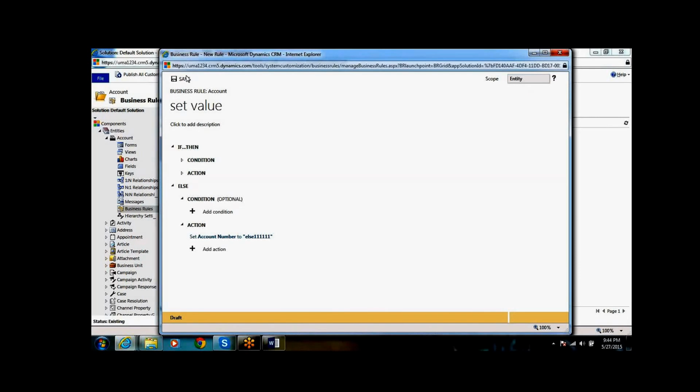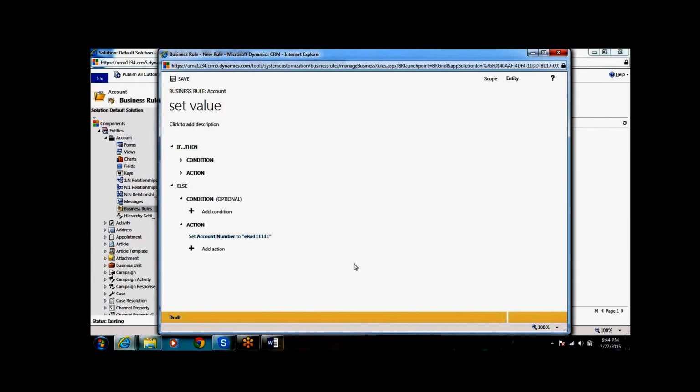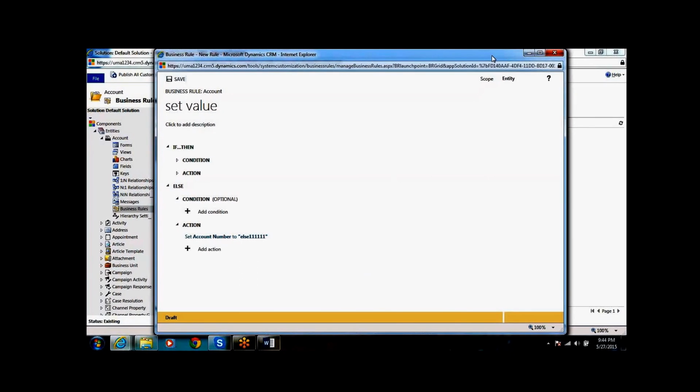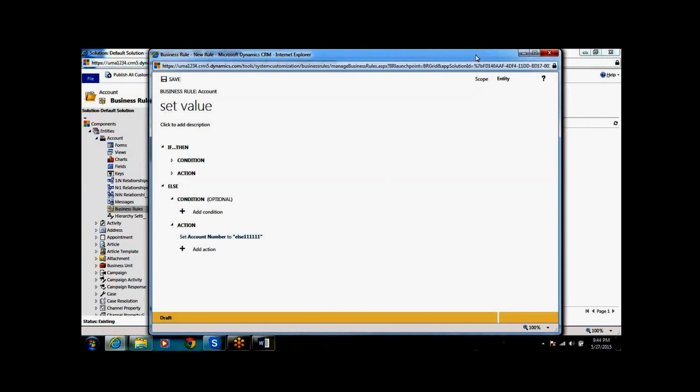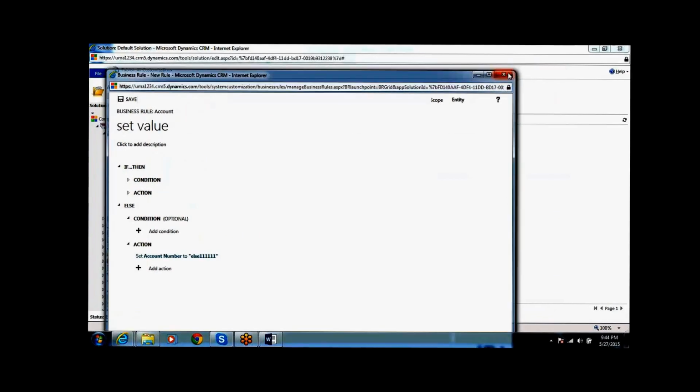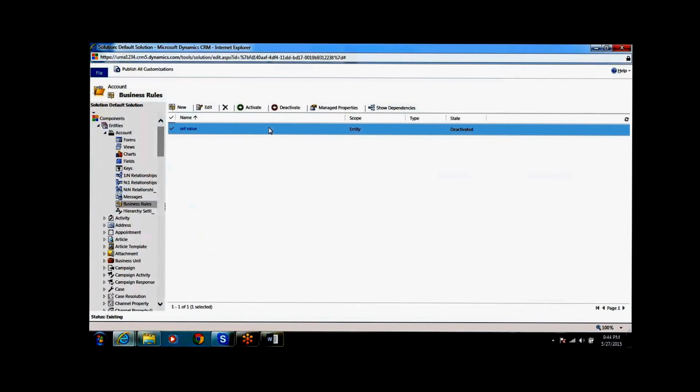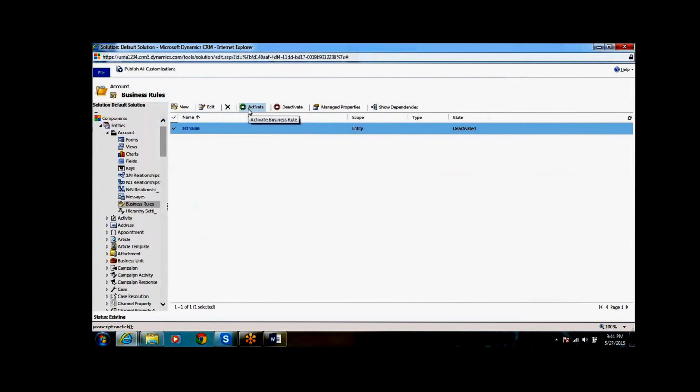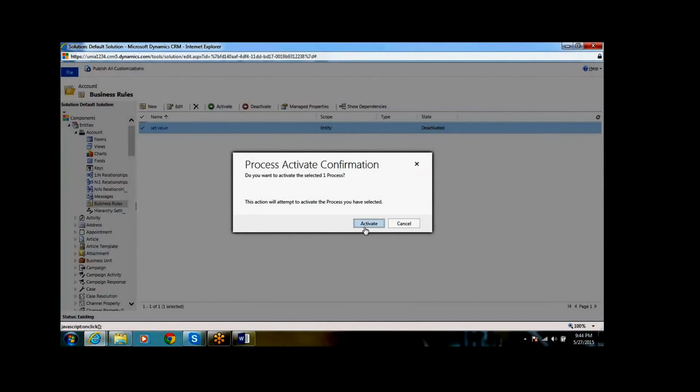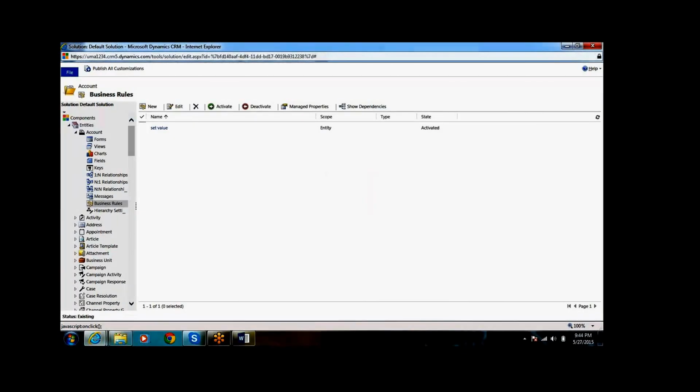Next, once it is saved, we need to activate this business rule. We save, select, and activate it, and then my business rule will work.